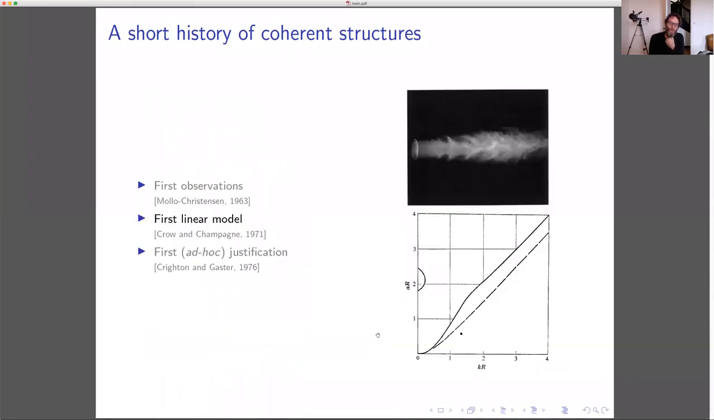The first linear model, I think, where a stability calculation was done and confronted with experimental data, is due to Crow and Champagne. They looked at natural and forced turbulent jets. So there's a picture here on the top. From these, they extracted the organized structures, and on this bottom plot, this is the one data point that they trusted enough to put on this figure that shows growth rate as a function of wave number. So there's the data point, and these lines correspond to local stability analysis. One is temporal, the other is spatial. So that's a first indication that stability theory can roughly describe some of the characteristics of these structures